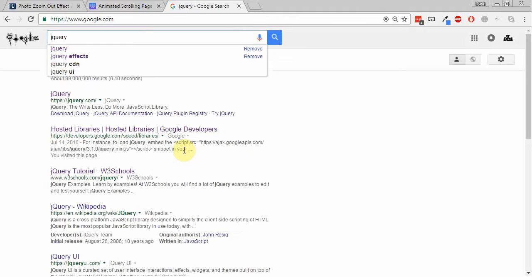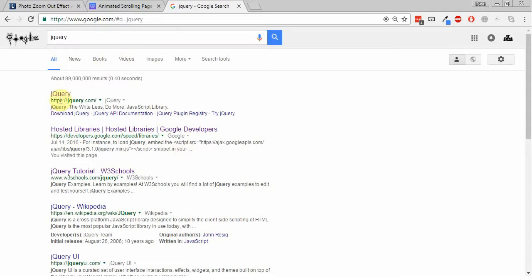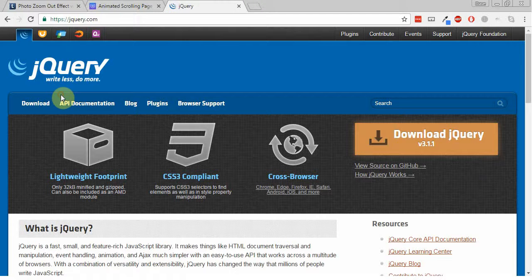I'm going to go to Google here and just Google jQuery. There's their site, jQuery.com. This is what it looks like. jQuery is a JavaScript library. In other words, everything you do in jQuery, it's JavaScript, but what they've done is they've created this file here that's 32 kilobytes, and what it has is a bunch of commands and functions and stuff in it,